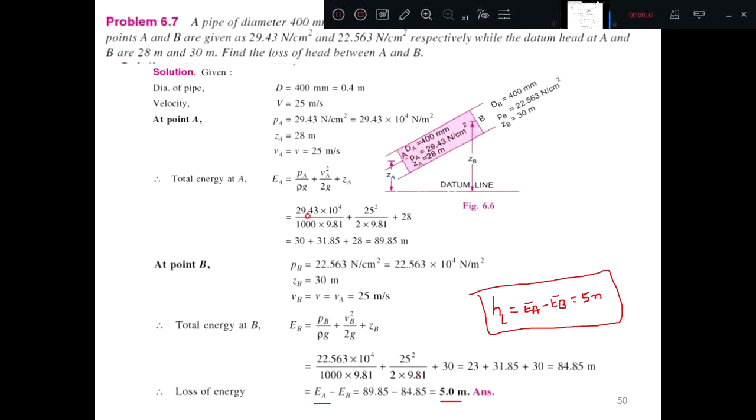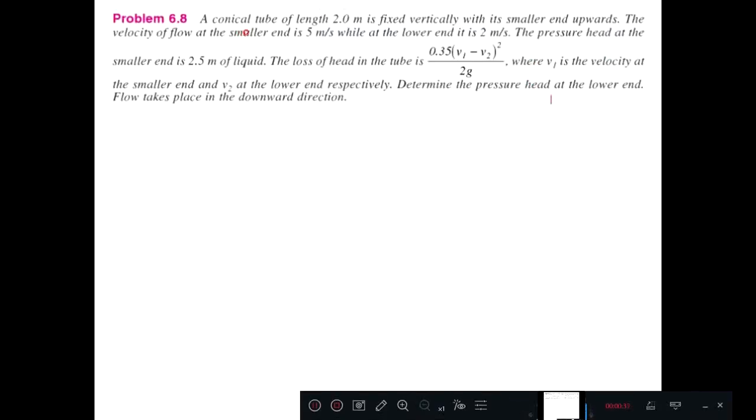So let us take one more numerical problem. A conical tube of length 2 meter is fixed vertically with its smaller end upwards. The velocity of flow at the smaller end is 5 meter per second, while at the lower end it is 2 meter per second. The pressure head at the smaller end is 2.5 meter of liquid. The loss of head in the tube is 0.35 times (V1 minus V2) whole squared divided by 2g. This is the loss given,